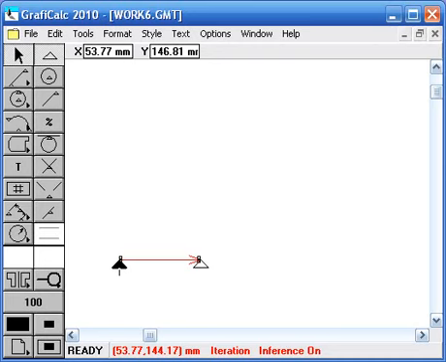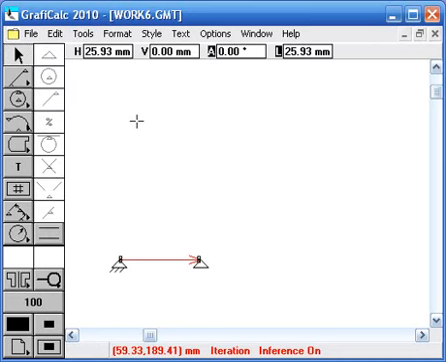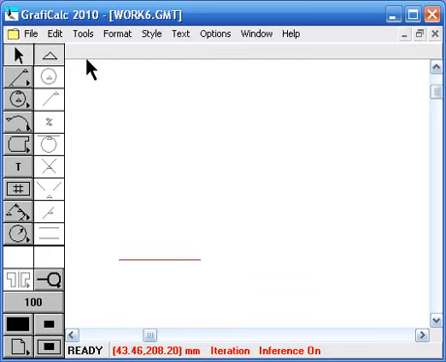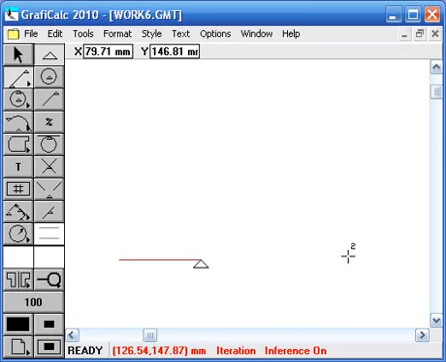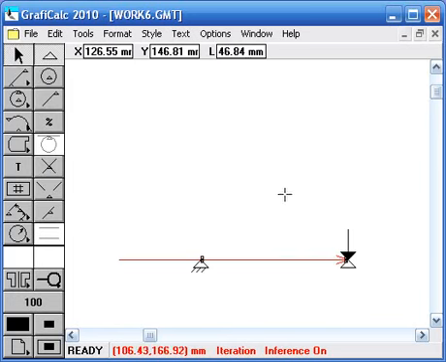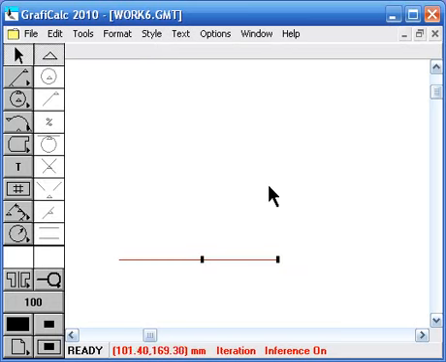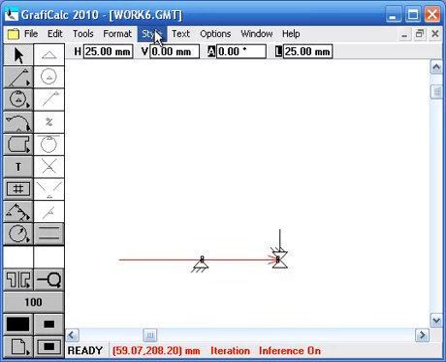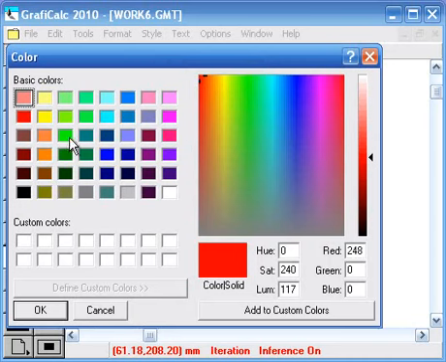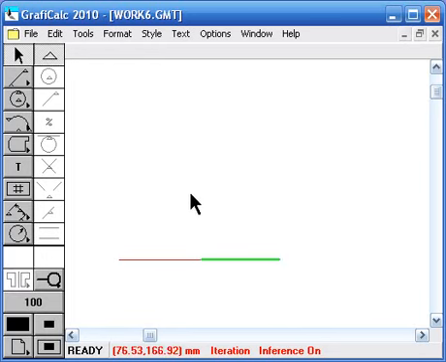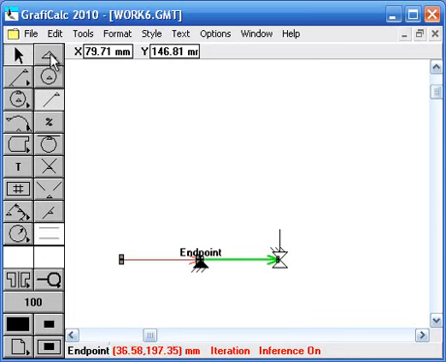So let me fix this here, and let's say I just put another line from here and make its length 25. So to distinguish it, I'll put another 2 points and maybe change the color here. Okay. Then what I'll do is just make it a free point, so it's not going to move with that